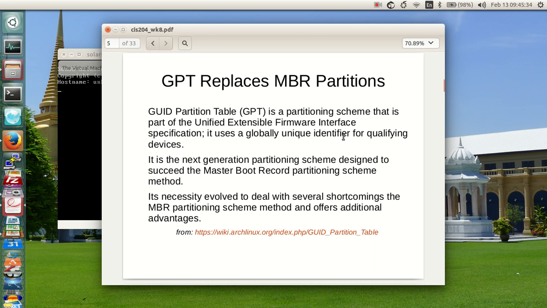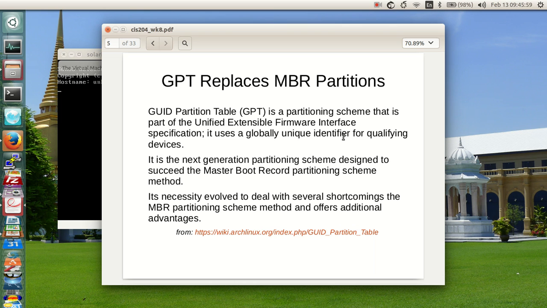The GPT these days, as we move forward, master boot records are still in use, but they're being slowly replaced by this GPT, the GUID partition table. It's a partitioning scheme that's part of the Unified Extensible Firmware Interface, and it uses a globally unique identifier for qualifying devices.